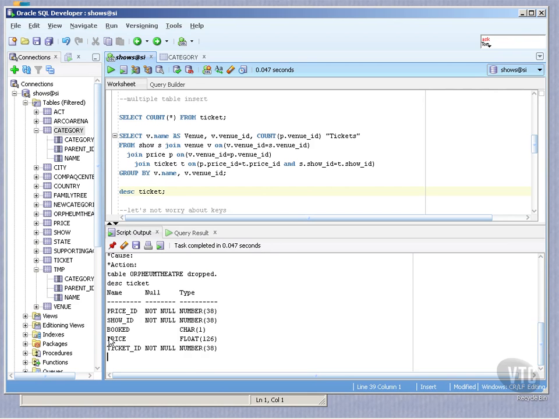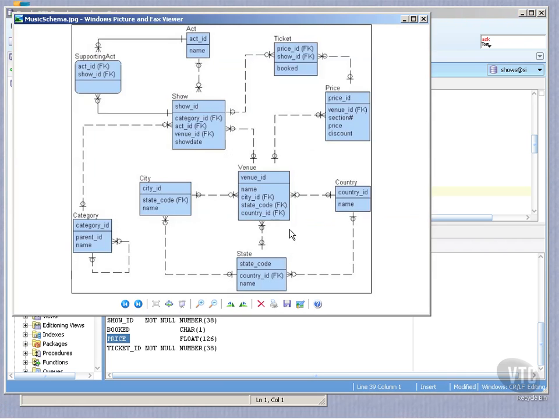I've added a price and a ticket ID. The ticket ID can be used to uniquely identify a ticket, and a price is obviously a price for a specific ticket as calculated based on all the data in here, as in the price table, the venue, whatever you want to set it to relative to discounts and other factors that you use to encourage